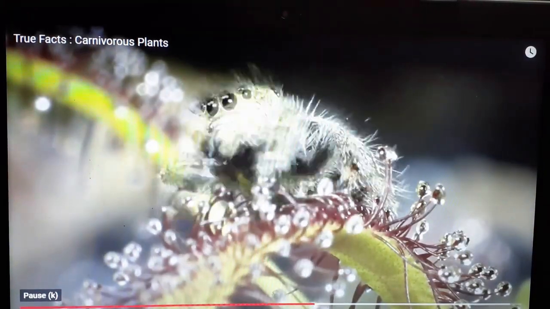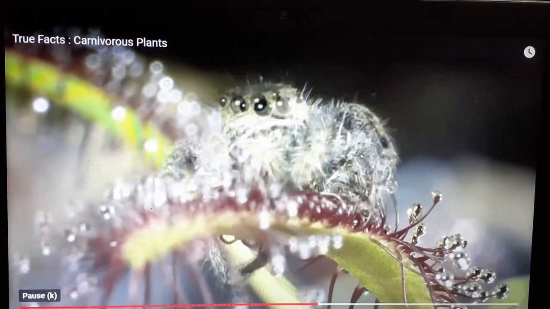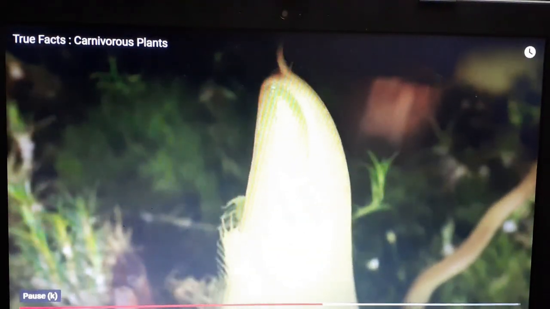Once it is stuck, it cannot go back. So gradually it will trap it.